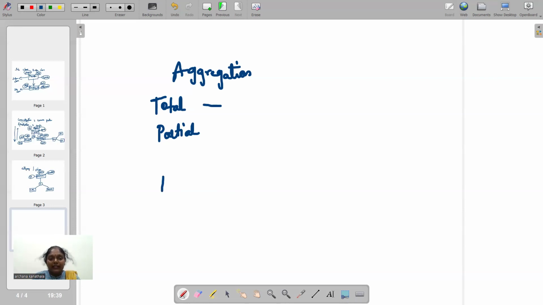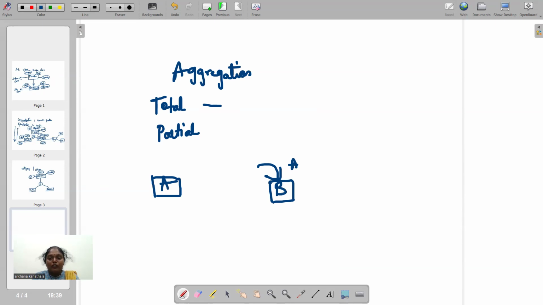Now, when an entity A is defined, and we are defining another entity called B. If B is an entity which contains the information about A as well, then it is called aggregation.